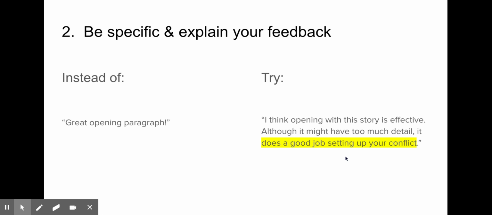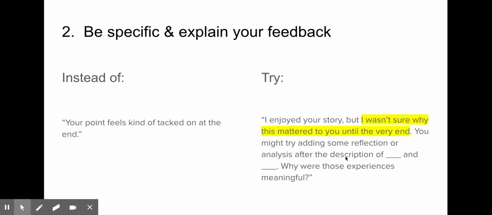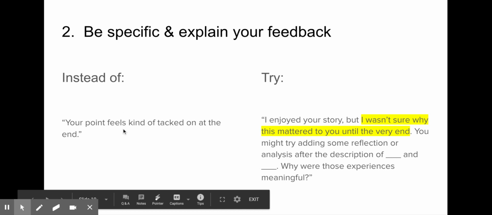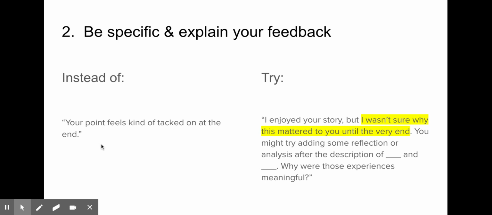Otherwise, they are going to be left guessing. Okay. Here's another one. One of the things I tend to see in first drafts of these sorts of essays is that they spend maybe like 600 words of the essay telling their story, and then at the end they just kind of put their point there. So after all this, I realized blah blah blah. And that's something you don't want to do. You don't want to just tack on a point at the end like it's a fable, right? And the moral of the story is,